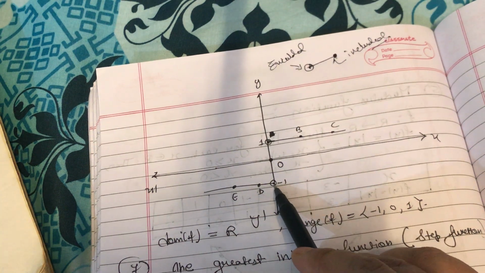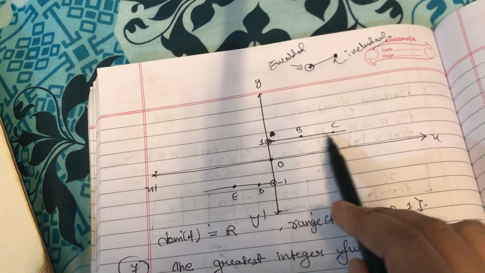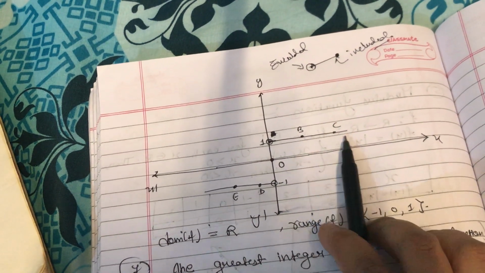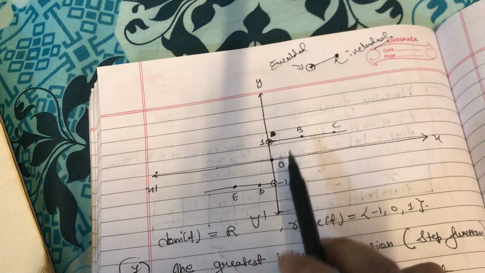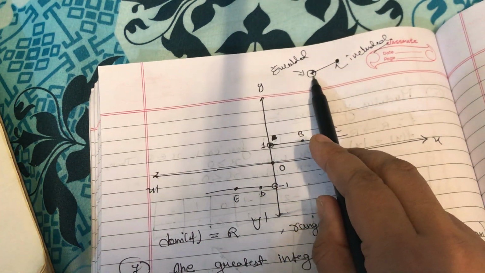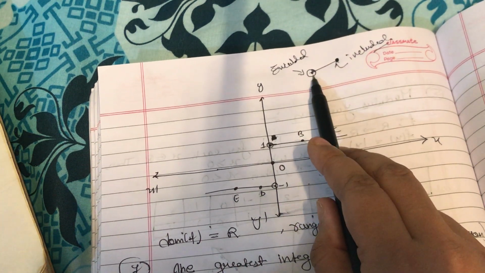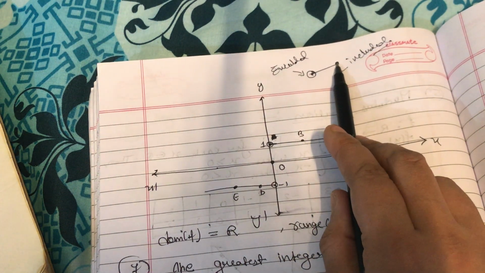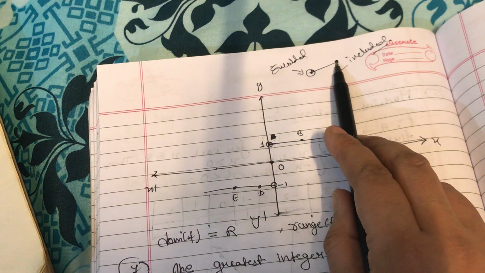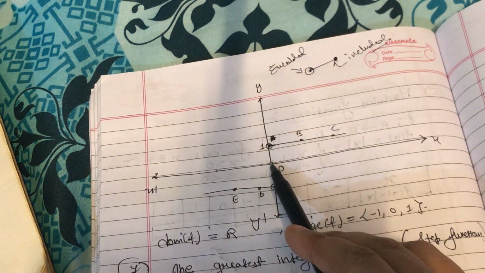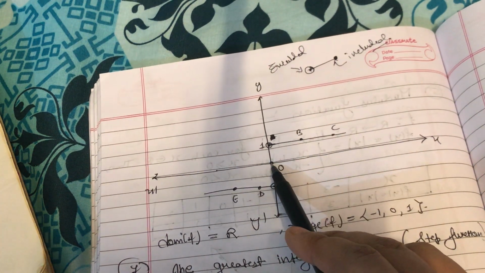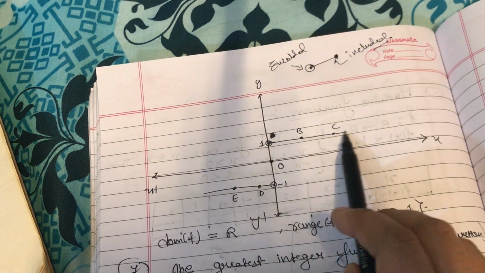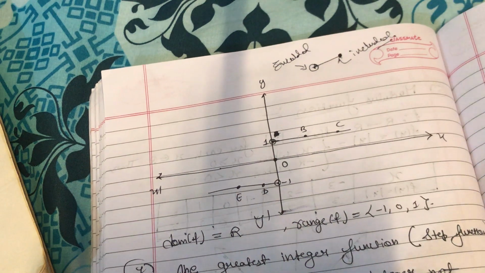Also, as you can see, there is an excluded sign over here as well, and everywhere you can see a dotted line, which means that this is the graph of the signum function. So this is important. By drawing this, it means that the point is excluded. And if I am representing a solid point, it means that the point is included. So at 0 it is included, because for 0 we are getting 0. Otherwise here it is excluded, and apart from that it is included everywhere.